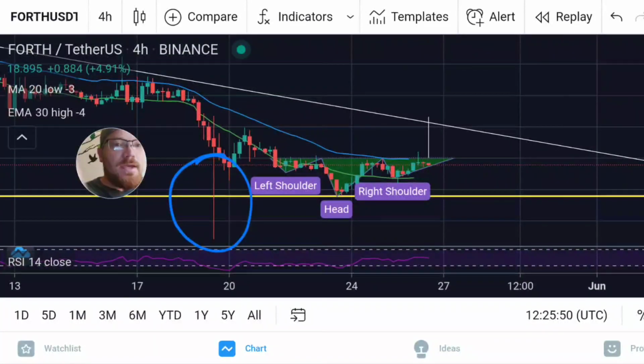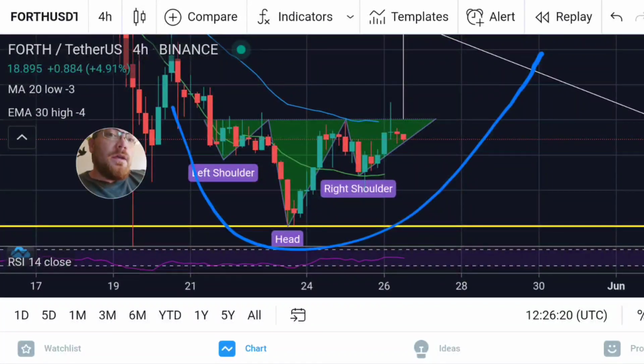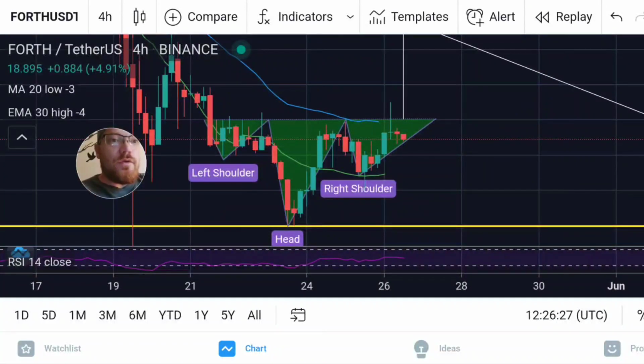But guys, I'm thinking that with the current state of the markets, Ethereum getting a nice little move, I do think Ampleforth is due for a nice move or reversal to the upside here. Anytime you see a pattern like this, it's typically a good sign that you're going to see a reversal to the upside. You're going to kind of round out here and come on back to the upside, instead of just continuing stair-stepping your way down like we have been. So this is a good sign, in my opinion, for Forth token. We will have to see how this plays out.